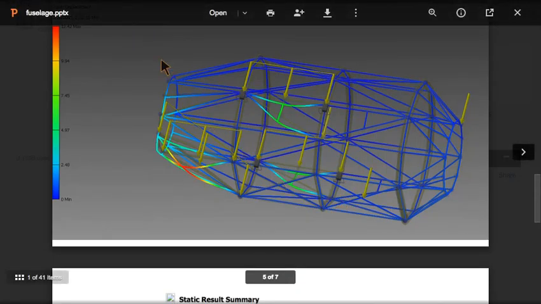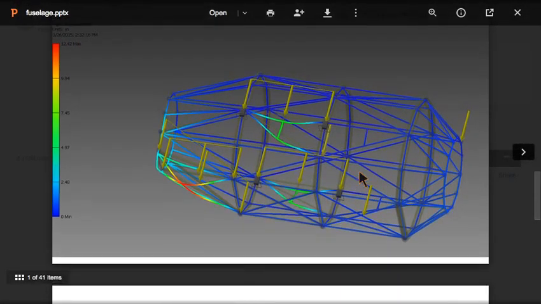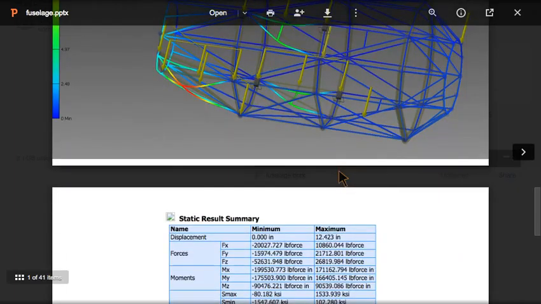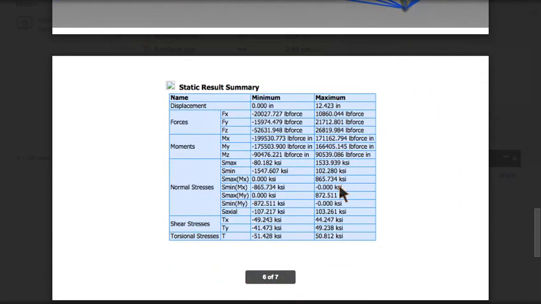In the second scenario, it was a little bit better. I had 12 inches here instead of 15. The only difference in my force is that now I use 15 Gs, and then my constraints are fixed. They're fixed because the wing does not move. Also, my wing is attached between the 2 circular cross sections. Again, the reason why my deflection is 12 inches is because these forces are all greater than the strength yield,